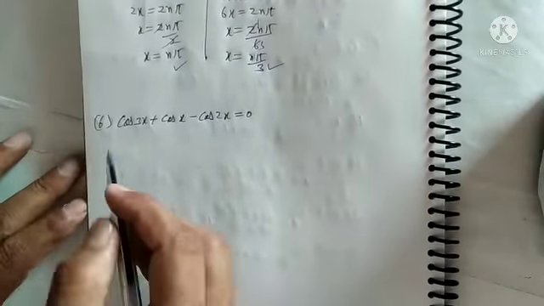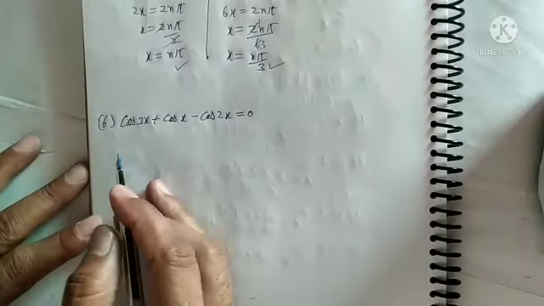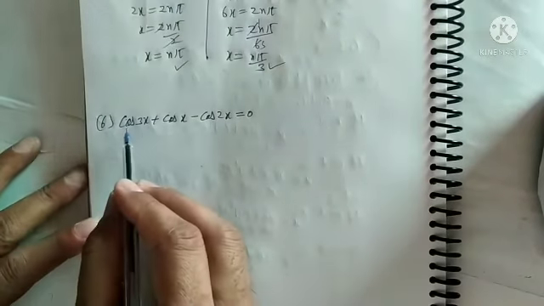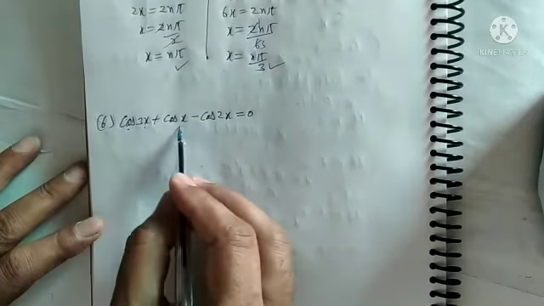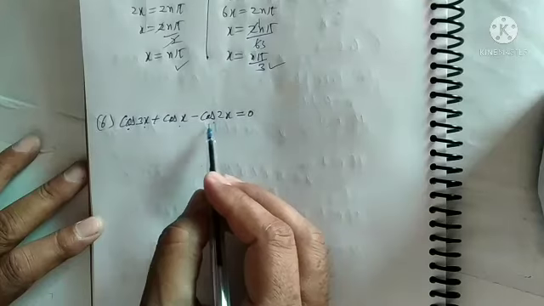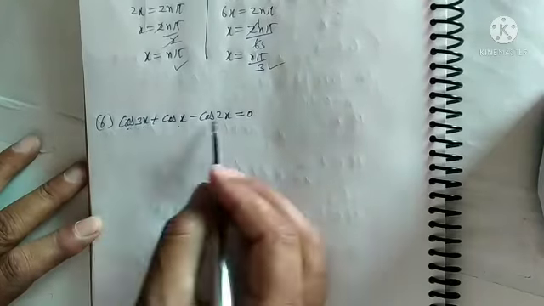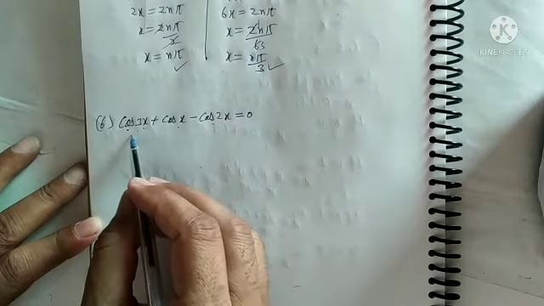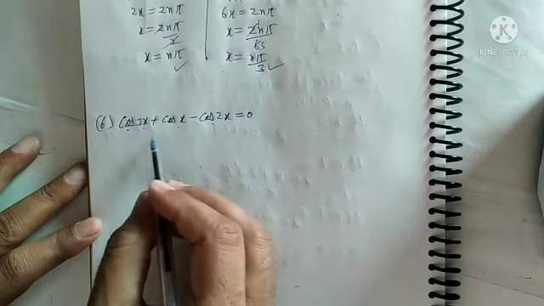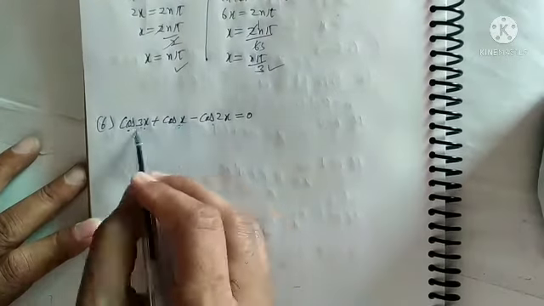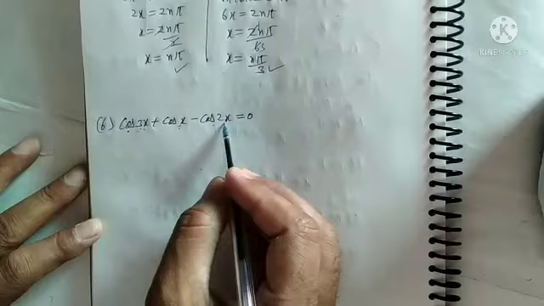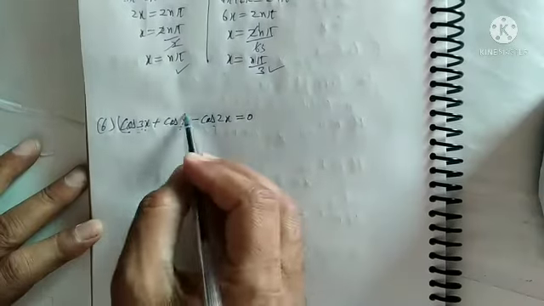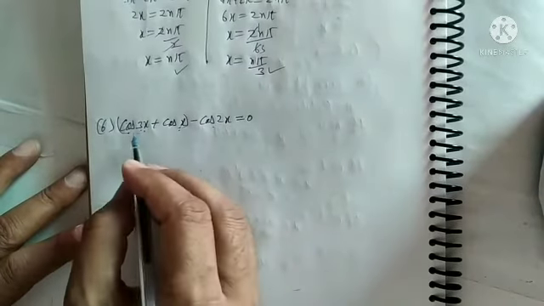Now see, similarly question number 6. Question 6 is very good. Actually here cos 3x plus cos x minus cos 2x, means 3 trigonometrical ratios are there. So first of all you have to make a pairing. How to make the pairing: 3x plus x is 4x and half of 4x is 2x. So we should make a pair of the first two trigonometrical ratios.